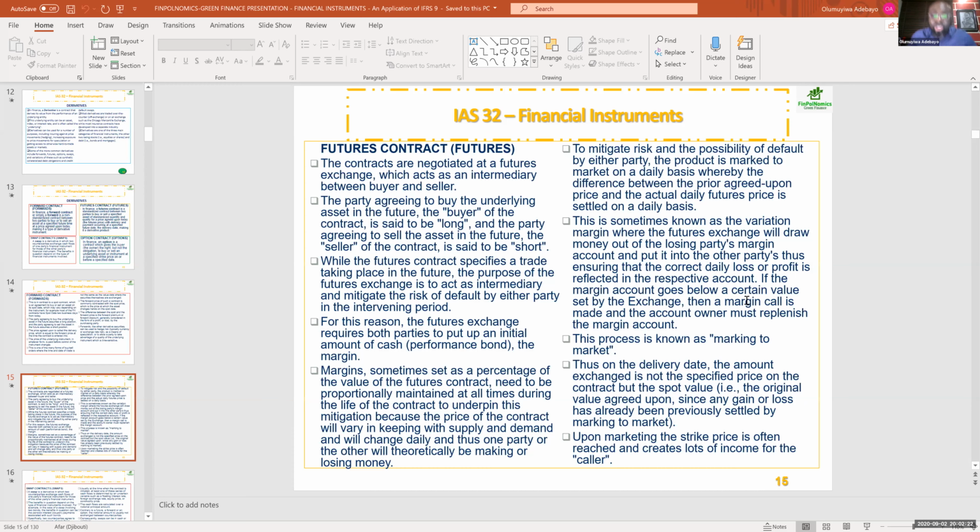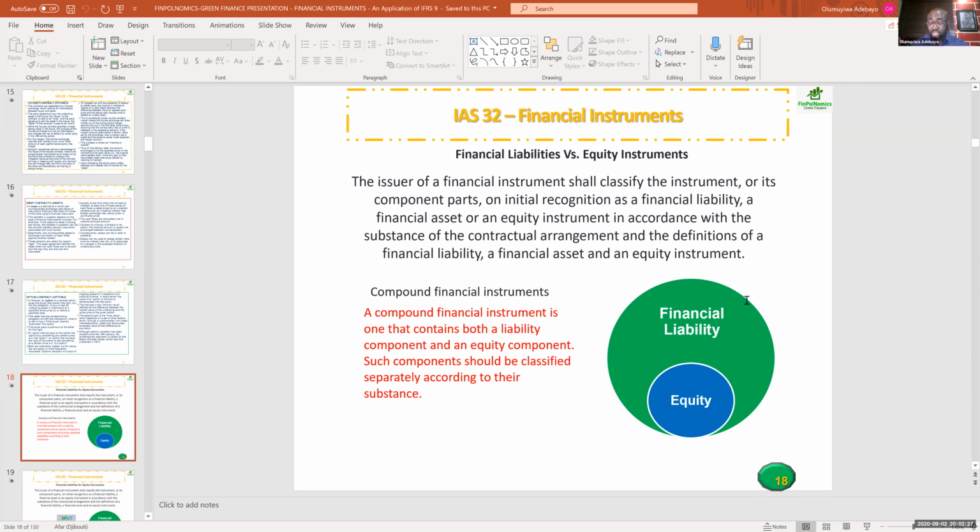Now, as we move on, we said something about financial instruments. I would say a financial instrument is a contract that creates a financial asset to an entity and creates a financial liability or equity instrument to another entity. What that signifies is that when we have party B or entity B, and we are to decide whether it creates a financial liability or it creates an equity instrument based on its manner or process of raising funds for